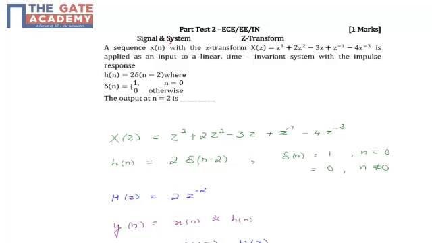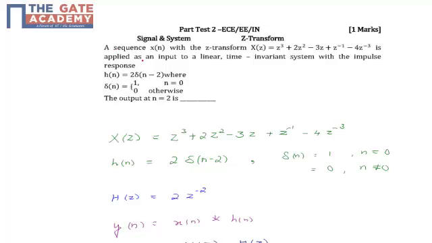Hello students, the following question is from part test 2, subject Signals and Systems, chapter Z transform, and the question is asked for 1 mark. The question is: a sequence x of n with the Z transform x of z is equal to z cube plus 2z square minus 3z plus z inverse minus 4z raised to minus 3